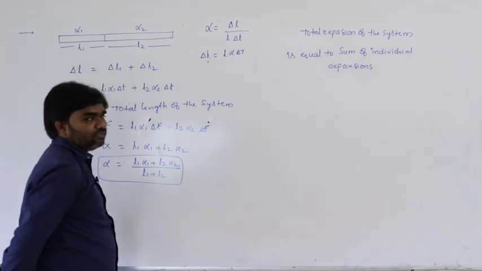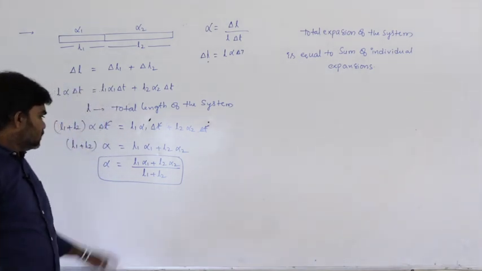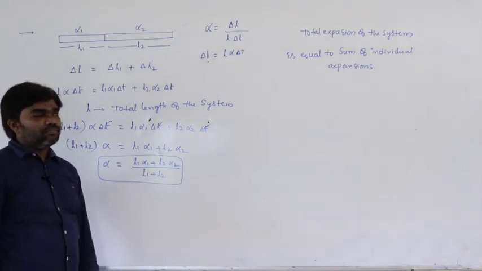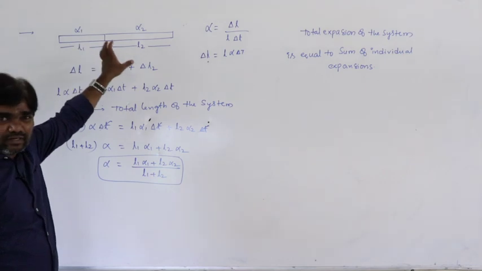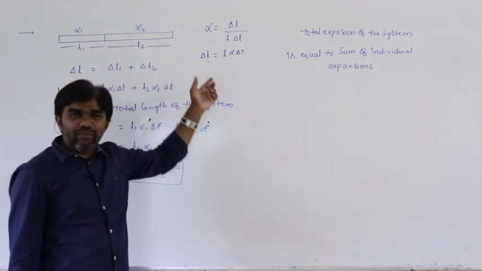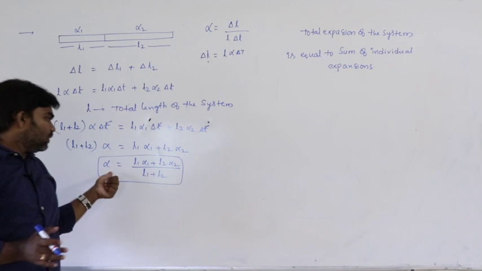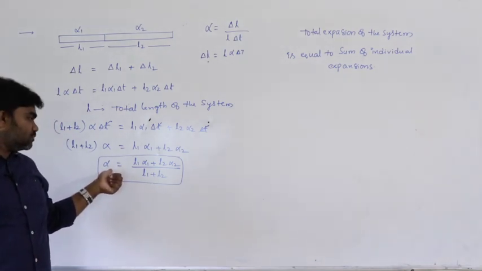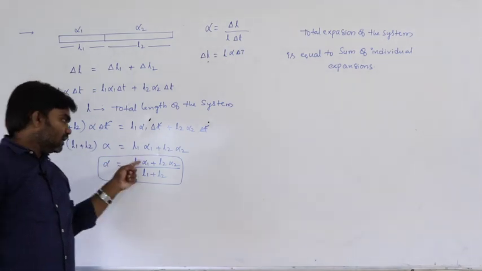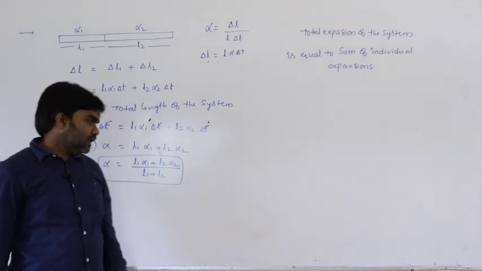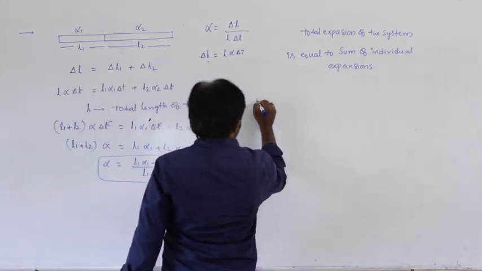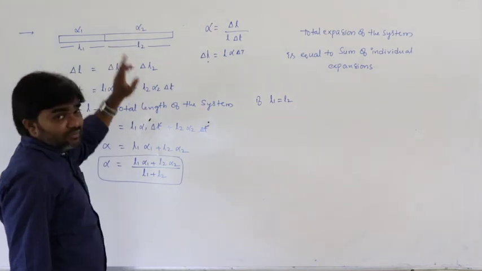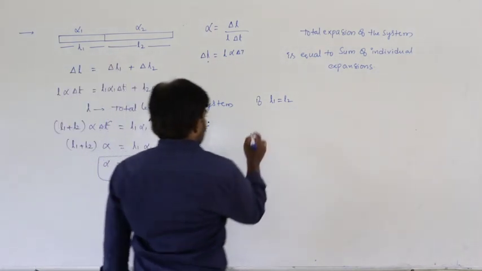This is the coefficient of linear expansion concept: (L1 alpha 1 plus L2 alpha 2) by (L1 plus L2). If two rods having different lengths and made of different materials are joined together, what is the effective coefficient of linear expansion? Effective alpha is equal to (L1 alpha 1 plus L2 alpha 2) by (L1 plus L2). Here, if L1 is equal to L2, if both have the same length, then alpha